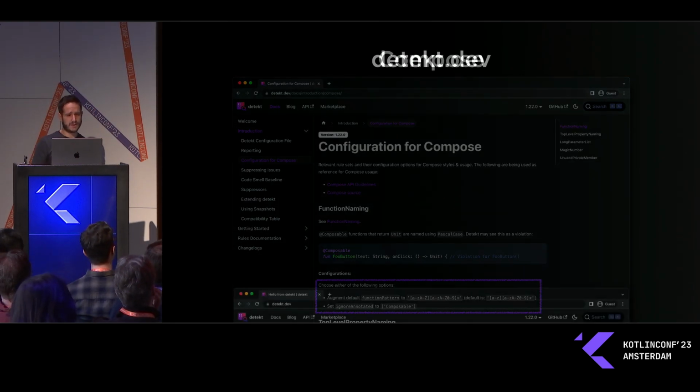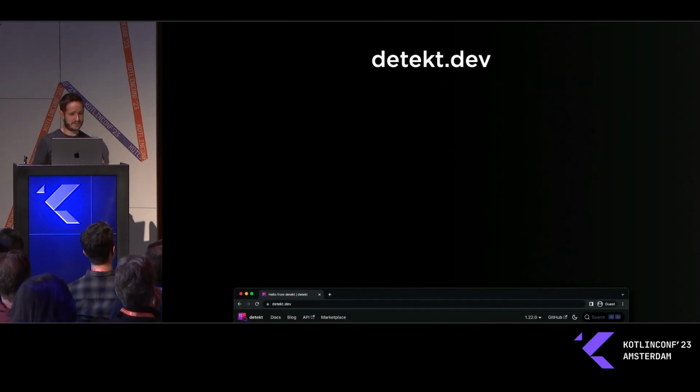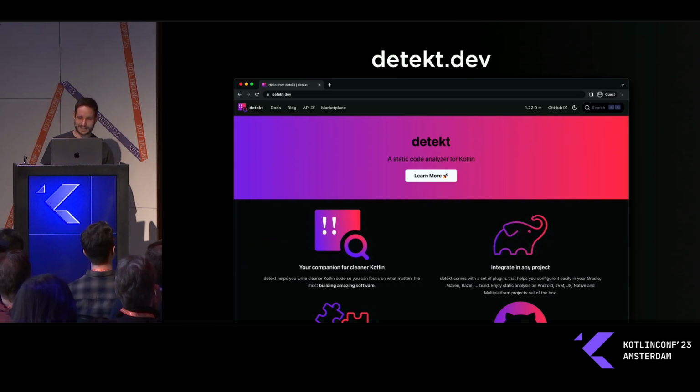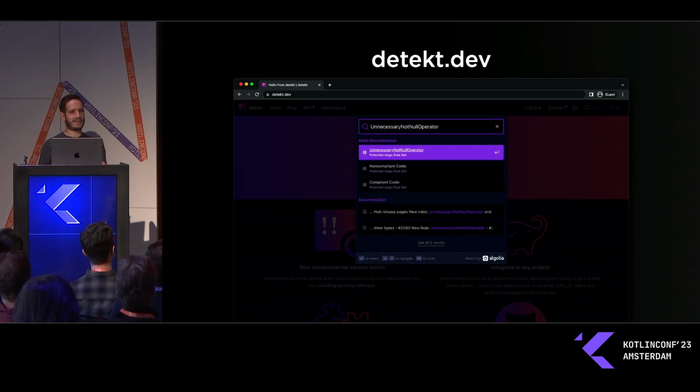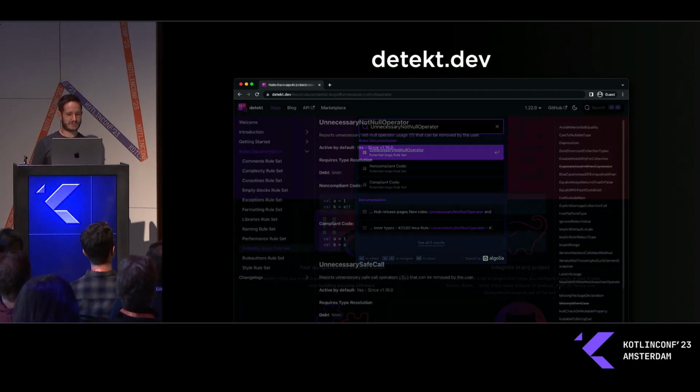And this brings me to our website. You can find all the information on Detekt on detekt.dev. We recently redesigned that, and the cool part here is that all of those inspections have IDs, like magic number or unnecessary not null operator. And when they appear on console or wherever you want to integrate your inspection, in your CI or pull request, the user can just search for the ID in our search bar, and you will jump straight into the definition